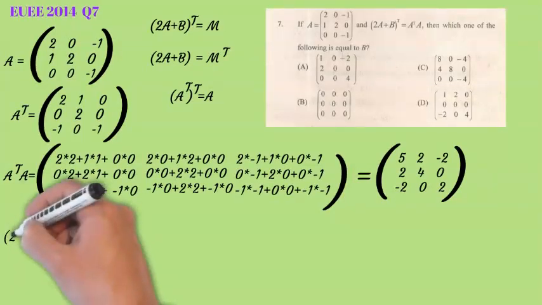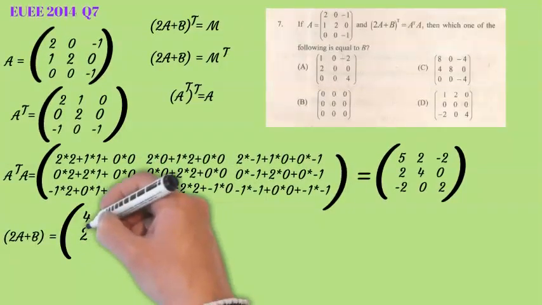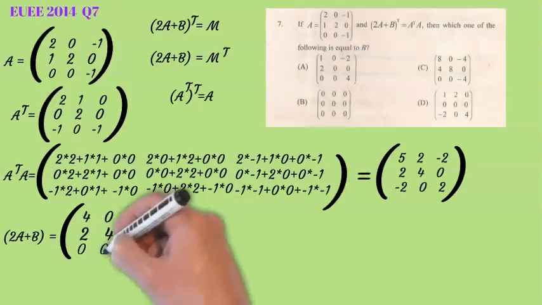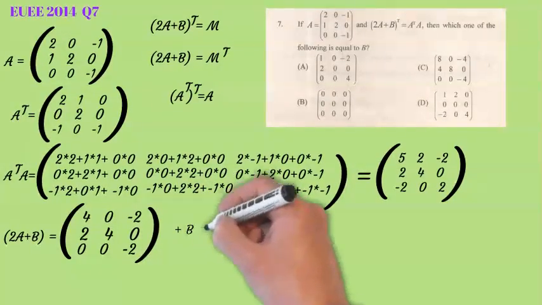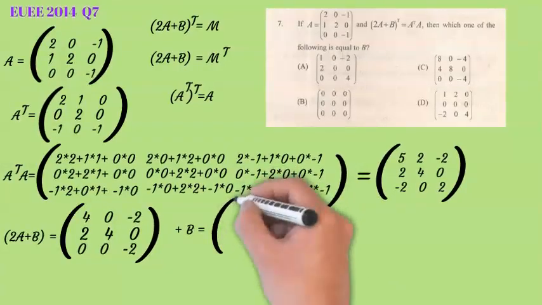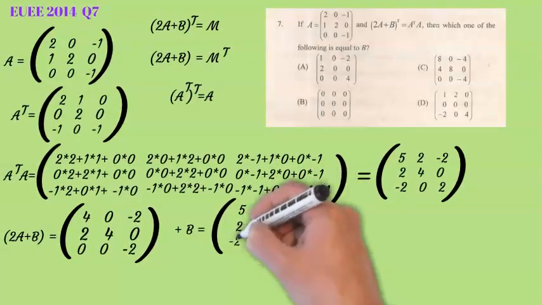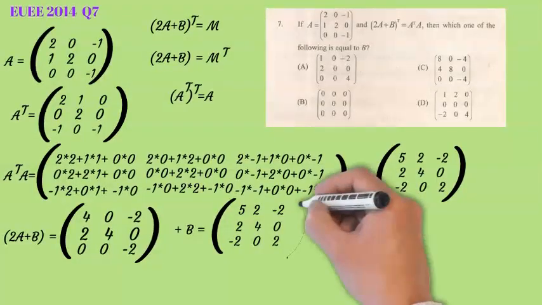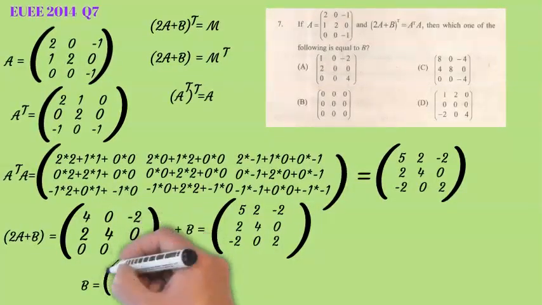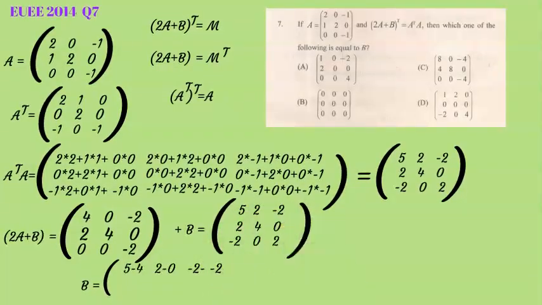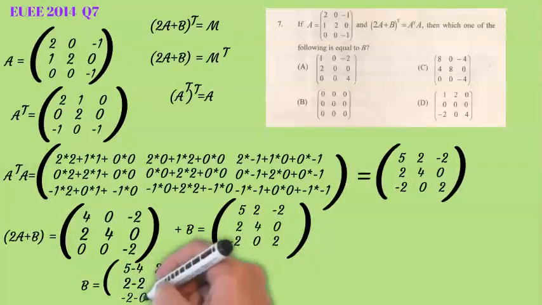2A plus B ማለት we know A በሁለት አባዝተን ሁለት ጊዜ 2 4, ሁለት ጊዜ 0 0, ሁለት ጊዜ -1 -2 አድርገን ሁሉንም ነው የምናባዛው። 4 0 -2 2 4 0 0 0 -2 አገኘን ይሄ ሁለት ጊዜ A ነው ከዛ B እንደምርና ውጤታችን ግን transpose of ይሄኛው ነው የሚሆነው 5 -2 2 2 4 0 -2 0 2። አጋጣሚ ሆኖ ይሄ ማትሪክስ ትራንስፖዝ ታደርጉት ራሱን ነው የምታገኙት 5 2 2 2 4 0 -2 0 2 ነው የምታገኙት።